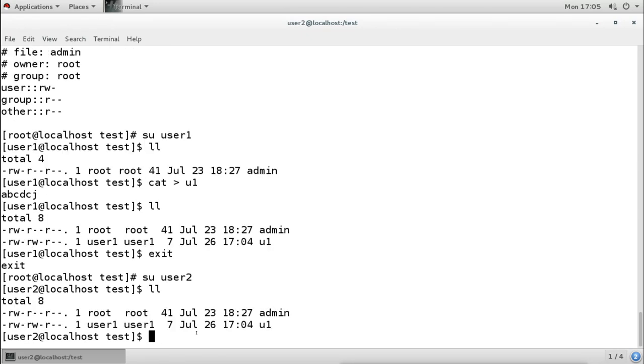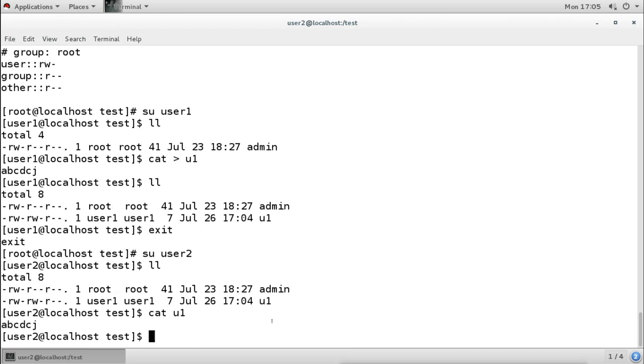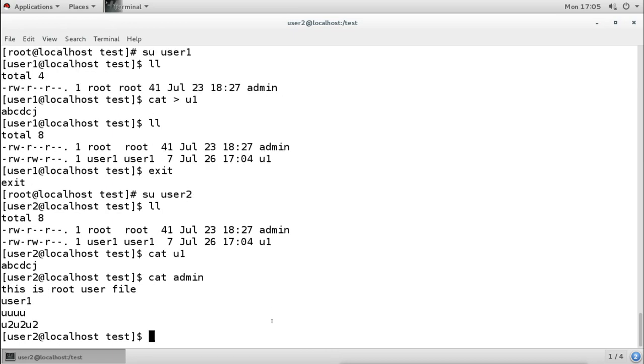Now when user 2 comes to this directory, it sees two files. One is for the admin, the root user, and the other one is created by user 1. So what can user 2 do? It can read those files because other users have the read permission. It can read the file of the administrator, the root, and also the file of user 1.